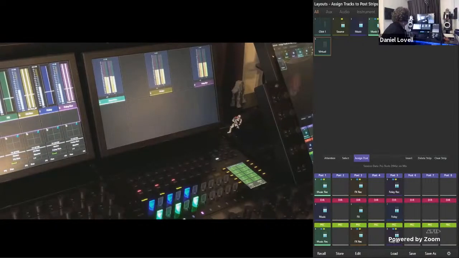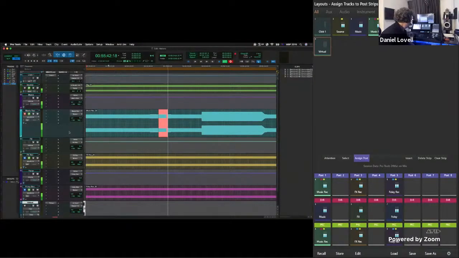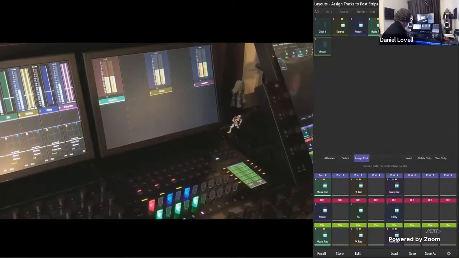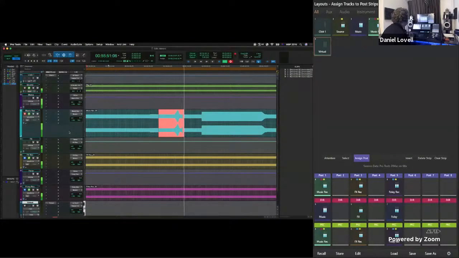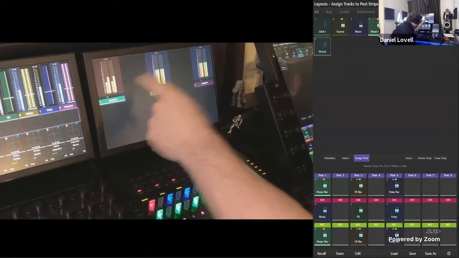So let's say I wanted to make a change to the music. You can see as I push up my music sub bus, again this is a super simple example, but I can see that against what I previously had recorded on the track. So now I'm going to punch in. Now I'm in record, and we can see that Pro Tools is also recording. Let me switch back, and now even though I change my level, and we can actually see that that is changing the level in Pro Tools as well, my previous meter state here on this side, if I show the camera, is where it was before,